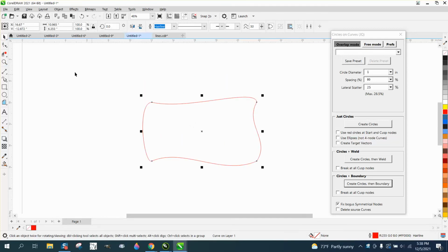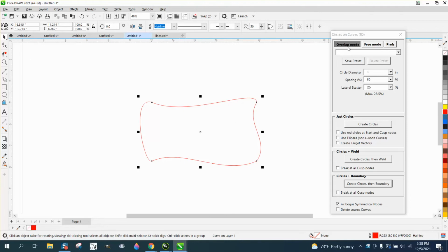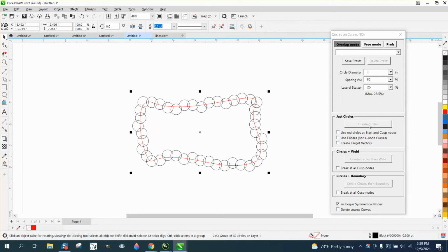It's not a rectangle anymore. I turned it into a curve and changed some of the configuration of the nodes to make it look like this. So this is circles on the curve, and I'm going to put a link to this free macro that Eskimo makes. If you have an overlapping mode, before when I was creating circles, then I would go through here and